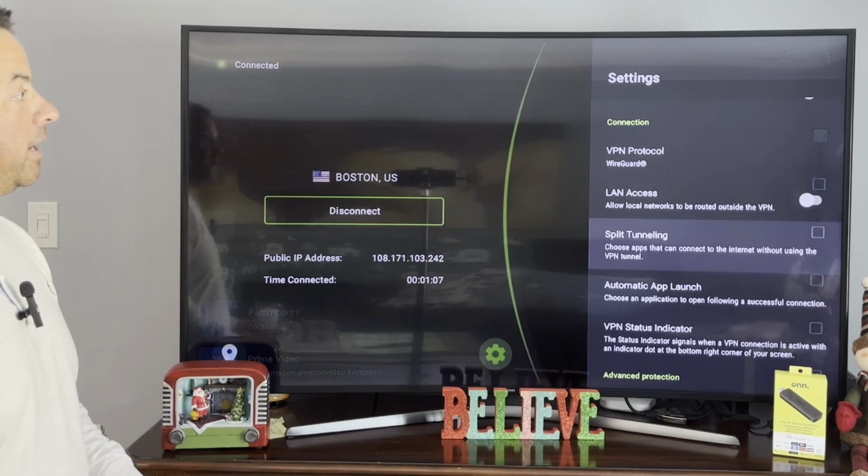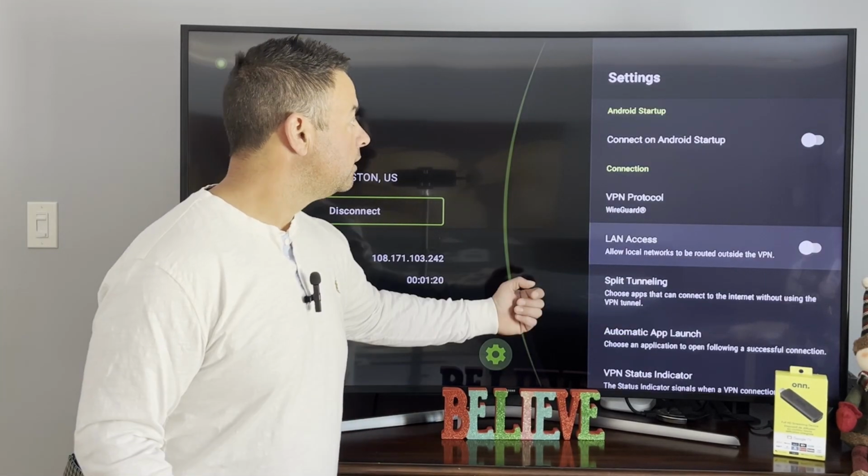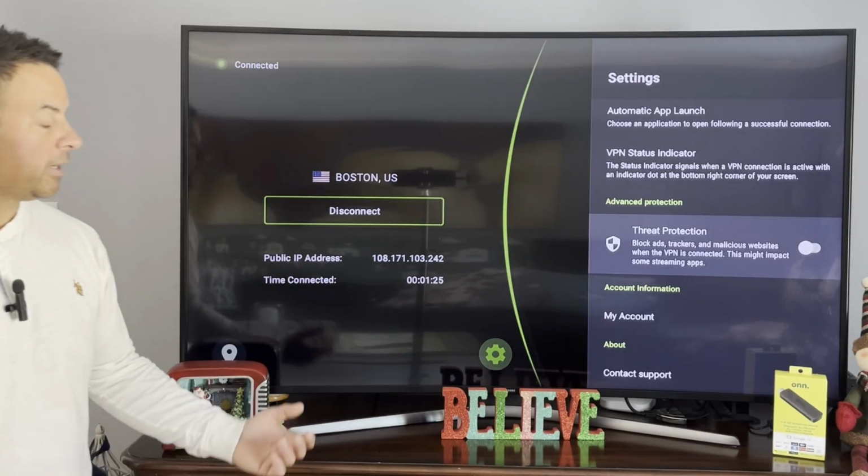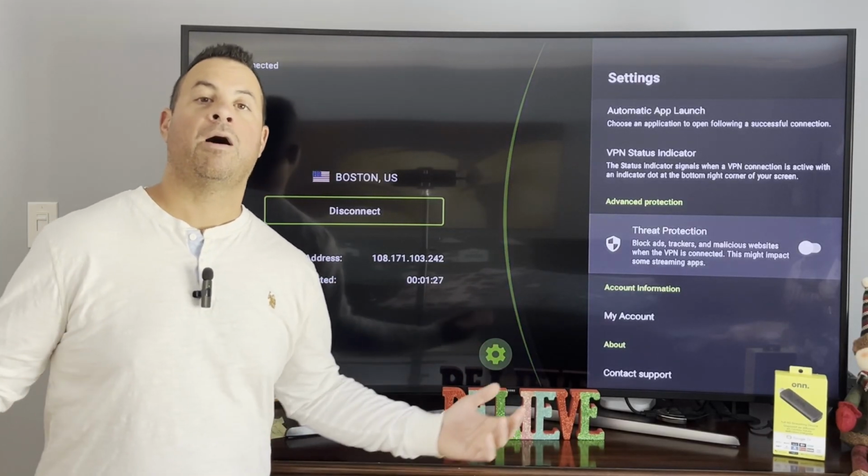And we back out of there. And of course, some other options, we can turn on threat protection in order to keep any kind of